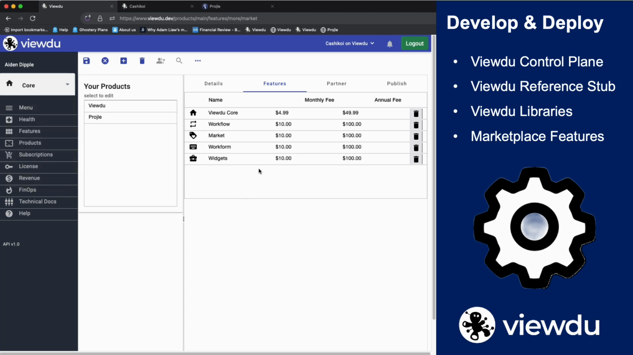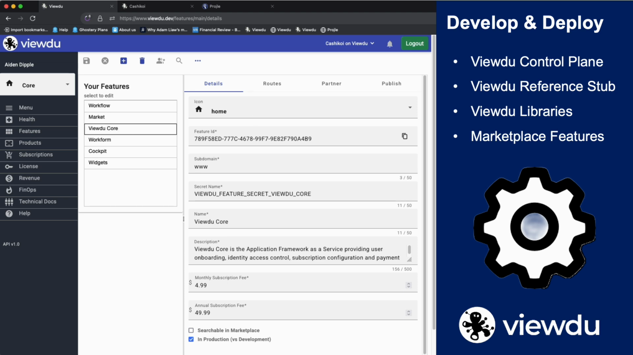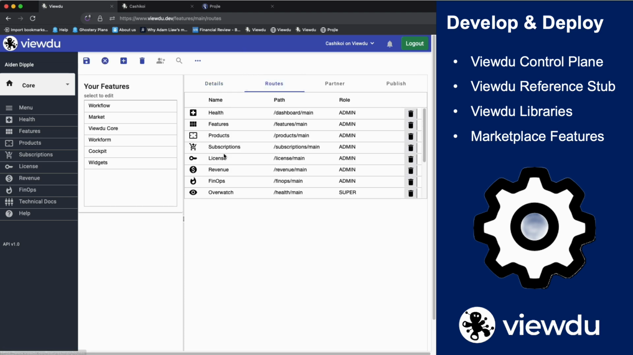Now, similarly, those features, if we have a look, are made up of routes. So this is where, when you create your features, so for example, the Viewdu feature, it's made up of a series of routes that will be presented then in your left sidebar navigation for user navigation. Again, we're not going to go into authorization and how you can specify access to these at different subscription tiers. But what it means is when you go to publish your feature,